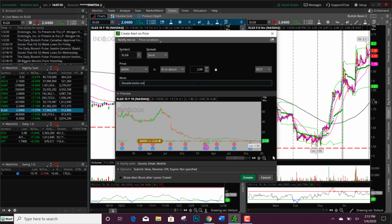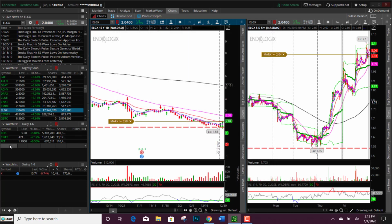Double bottom on daily. Watch for 50 SMA resistance if price can hold 20 EMA. So that is ELGX. Then we've got